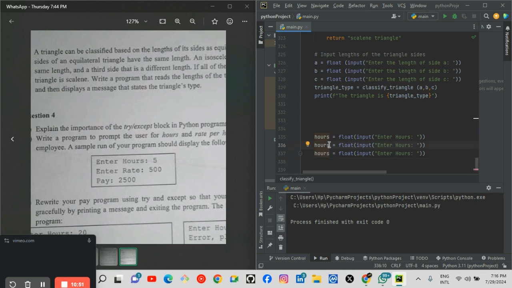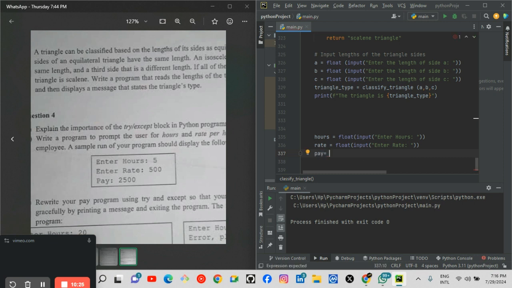Then let me have the rate first. Let me say rate, so let's prompt the user to enter the rate. Then the next one is the pay. Definitely we want to perform the operation for the pay.